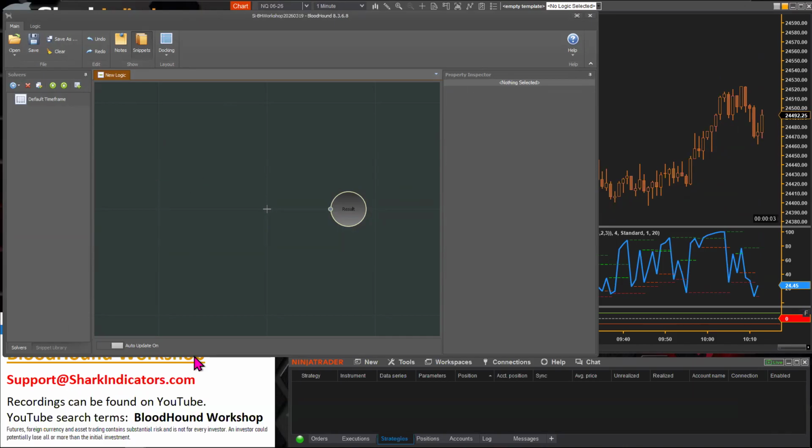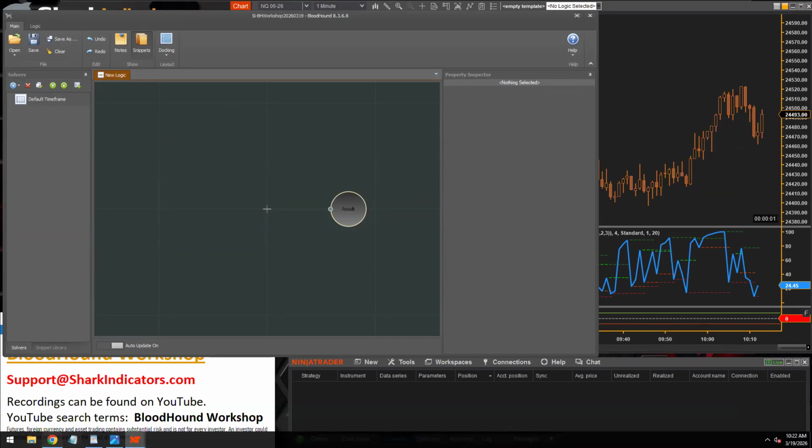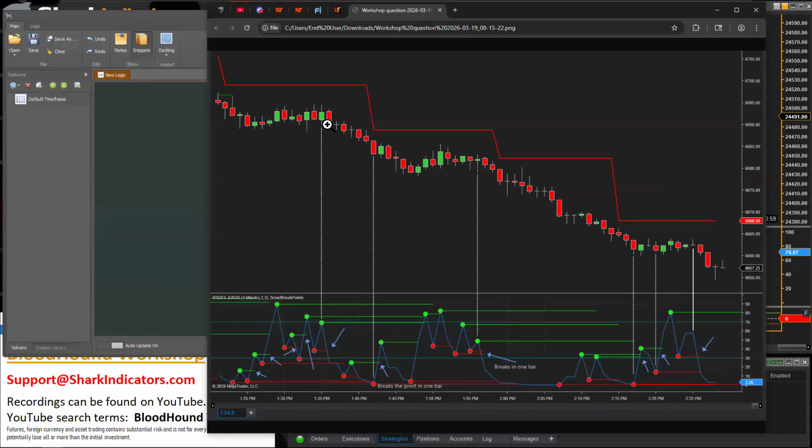Well, the easiest part of this question here is we only want to identify when the RSI crosses a swing point on the first bar after a reversal, right? The bar after a reversal there.